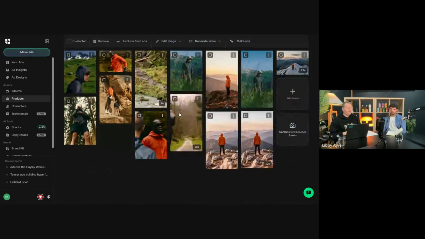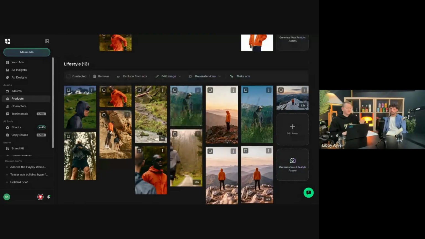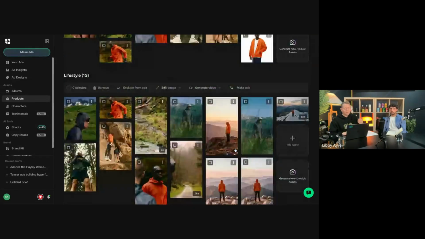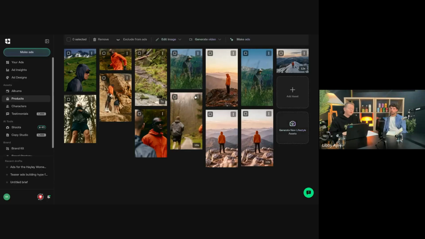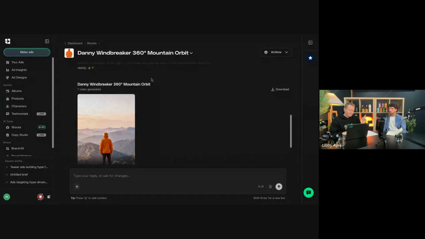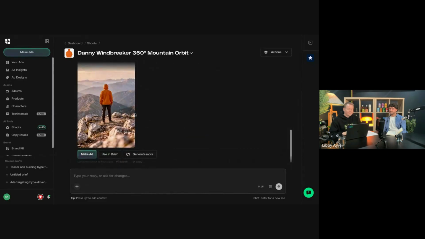Yep. And then this is all of the images and videos of that product. And then you can just start generating more and more. And we did this one earlier. Here's what it looks like when it came to life. Sharing the tab this time. So this is that same